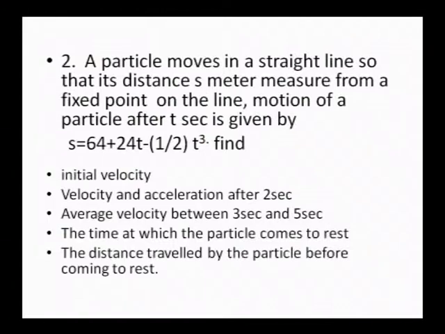Actually each bit is a 2 marks question. If they ask only the initial velocity, that is a 2 marks question. I have mixed all the 5. So if it is first and second, it is 5 marks; first and third, it is 5 marks. If they ask any 2 bits, that is 5 marks. Suppose they ask only 1 bit, it is 2 marks. Let us see the first one: find the initial velocity.